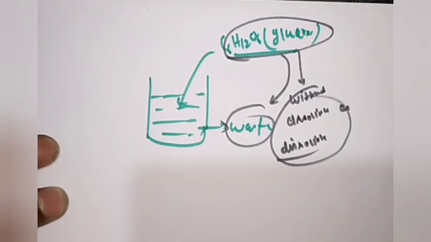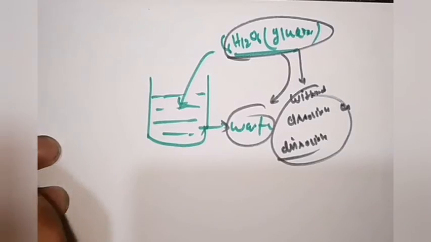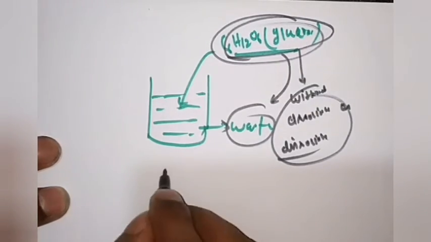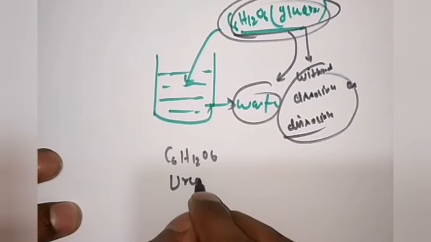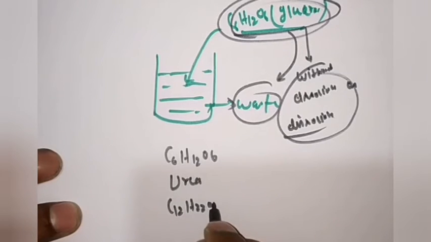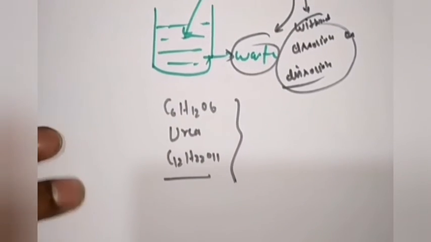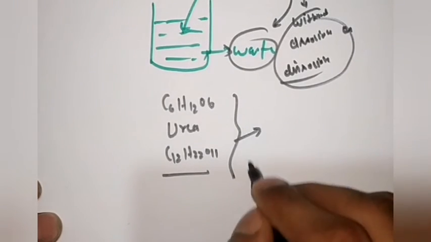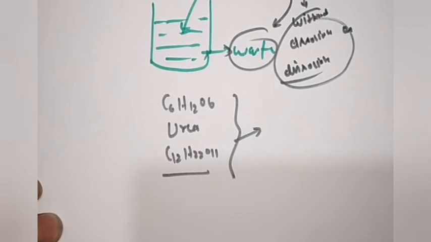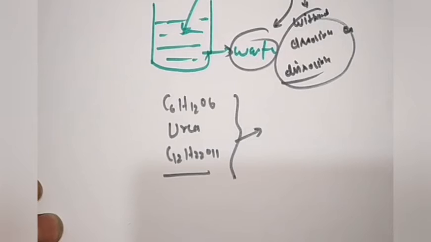If the question comes like that with these types of solute, C6H12O6, urea, and C12H22O11, that is sucrose, all of which are not dissociable or associable on addition to the solvent, then you have to be jovial. You don't have to panic, because you will save time: there is no calculation for the Van't Hoff factor, because the solute is not going to associate or dissociate in the solvent after addition for the formation of solution.